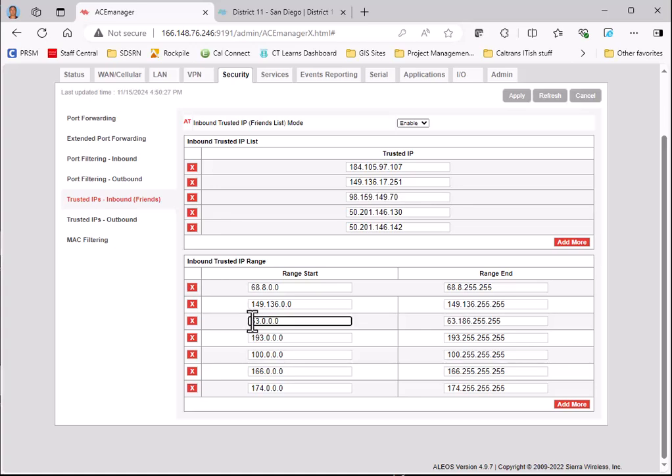Now, for our cellular ones, I've really opened it up, and I'm only filtering really the first octet and allowing everything after the first octet in. So all of these zeros up to all of the 255s. So there's a lot of opportunity to narrow this down, because there's really only maybe half a dozen second octets